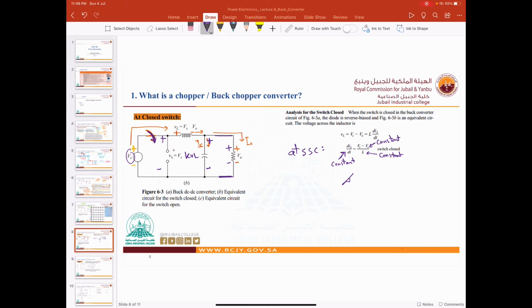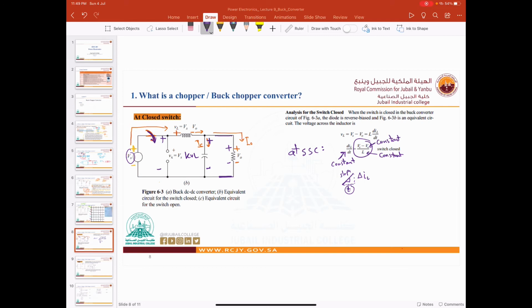And we know that this change happens with time. So this is time, this is slope. The slope is given. This is the slope, and we know the time. And what should I have? I should have here delta I of L. Now what do I mean by delta I of L? It is the amount of increasing or decreasing of the current,